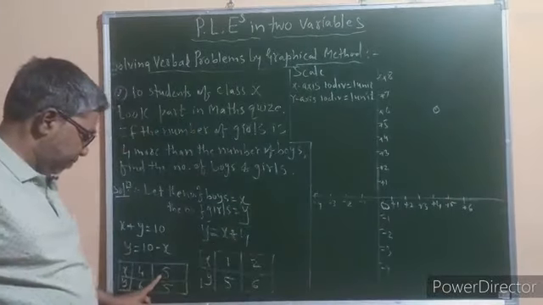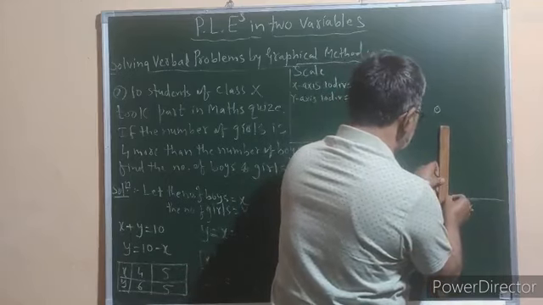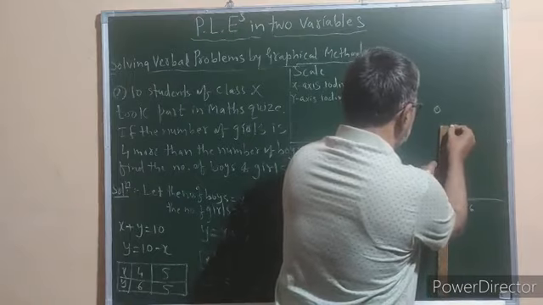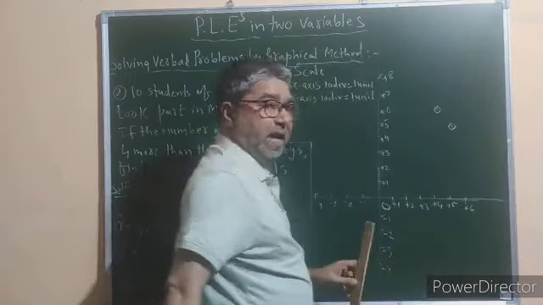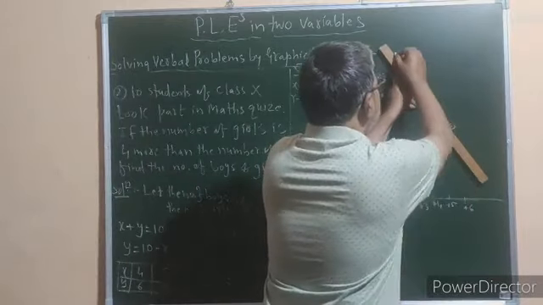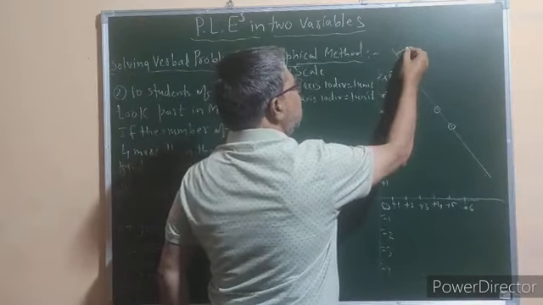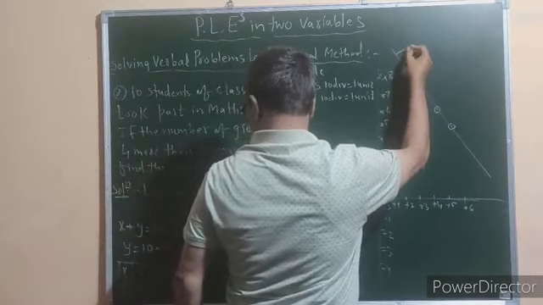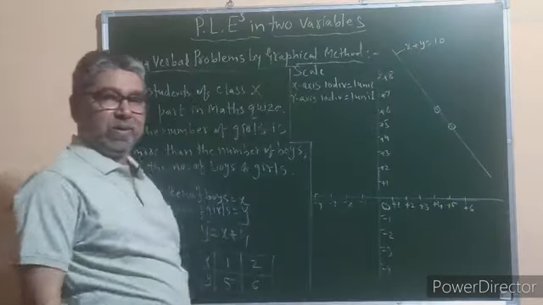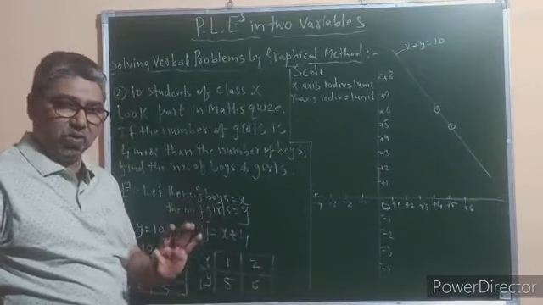Now the second pair is (5, 5). x-axis 5 is here, y-axis 5 means you have to go vertically upwards, and from 5 you have to move towards the right side to get that point. So these are the 2 points. As usual, draw a line passing through. So this is the graph of the equation x plus y is equal to 10. This is the linear graph of the first equation, x plus y is equal to 10.